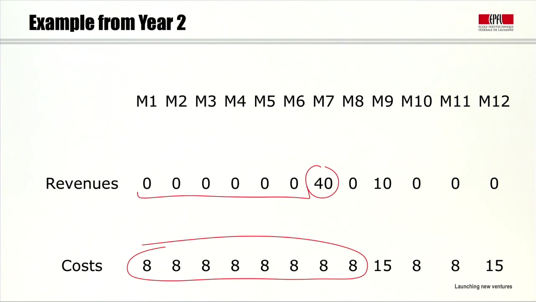Now, if you think about this, it's actually not a great situation to be in, right? You started with 50 at the beginning of the year, and now you're going to spend 6 times 8. You're going to spend 48 before you get your 40. And so you only have 2 left at the end of 6 months. And then you're going to start incurring costs in month 7. And so if there's a delay of these revenues, you will run out of cash before you can receive the